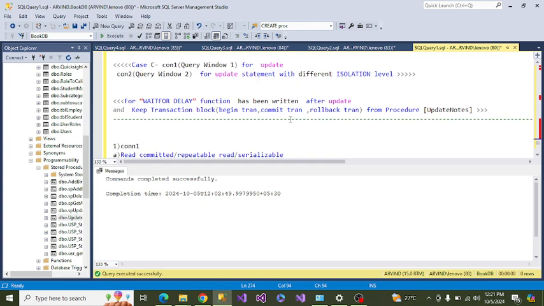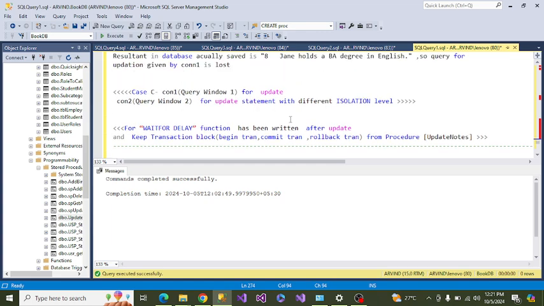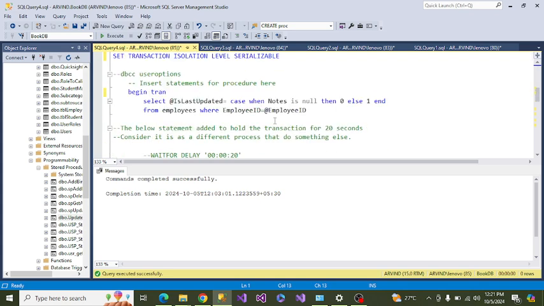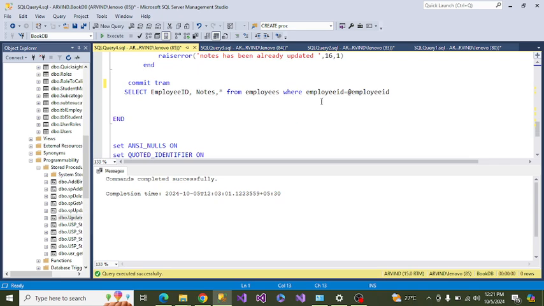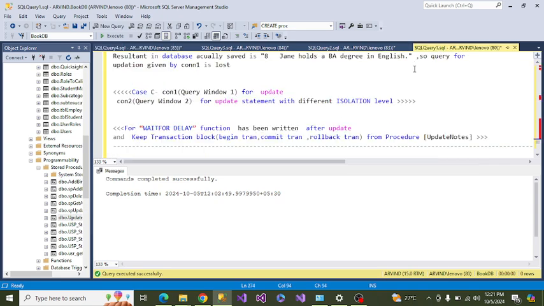Similarly, there is a last case in which I try to show you that wait for delay has been written after update. I have created the stored procedures that I have written for you, which can be accessible if you want to know. Definitely, if you like and subscribe, I will give you that.